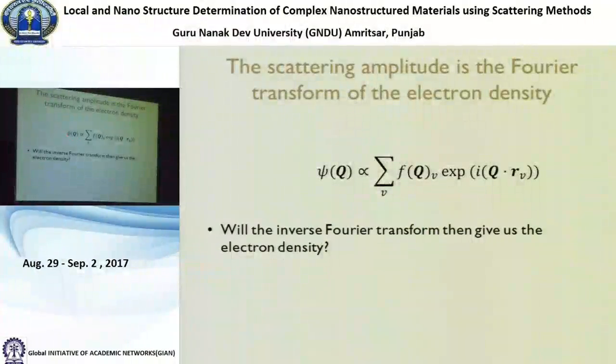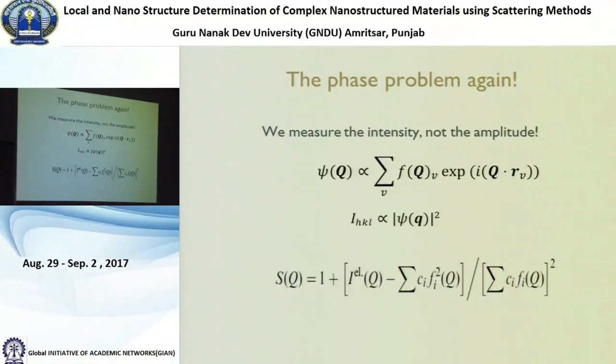Now, what we ran into is that this is the amplitude. It's proportional to the electron density. But what we actually measure is the intensity, not the amplitude. And the intensity is the mod squared of the amplitude. So this is the quantity that we measure, and in a